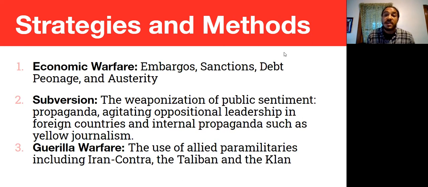Some of those strategies and methods that we use in order to weaken other states, in order to extract resources from them, are things like economic warfare. The Cuban embargo is a good example. Cuba decided to align itself with the Soviet Union, and so we tried to destroy them economically. We tried to cut them off from all trade in the international market as best we could. We've done a fairly good job of it. And right now, with the COVID pandemic, it's helping us achieve that goal even more, which is horrifying, obviously.